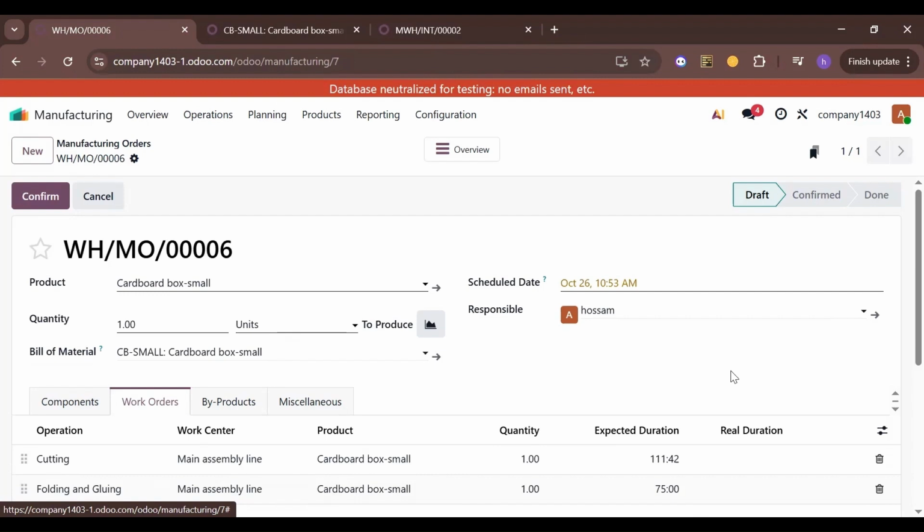And the second purpose for this expected duration is that it will be used by the system if you want to use the automatic scheduling function. If you want the system to automatically schedule our manufacturing orders for the work centers, which is something that we're going to check in the coming sessions. Okay, so please keep in mind that this number, the expected duration, might be very important. We have to be very cautious when defining this expected duration. Okay, thank you, and let's move on to another point.